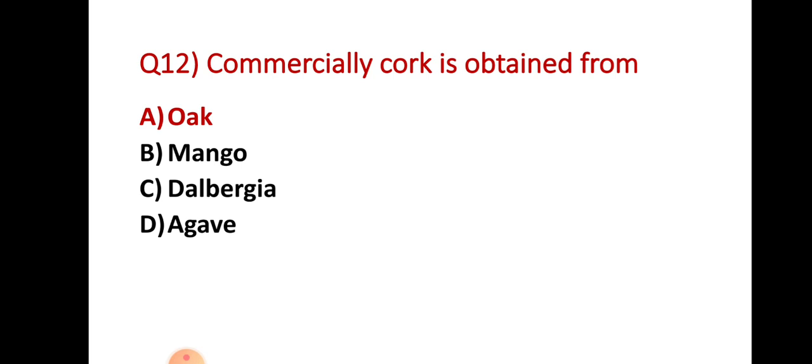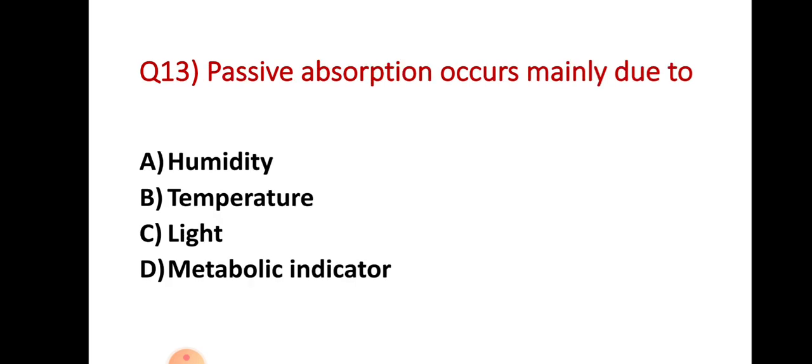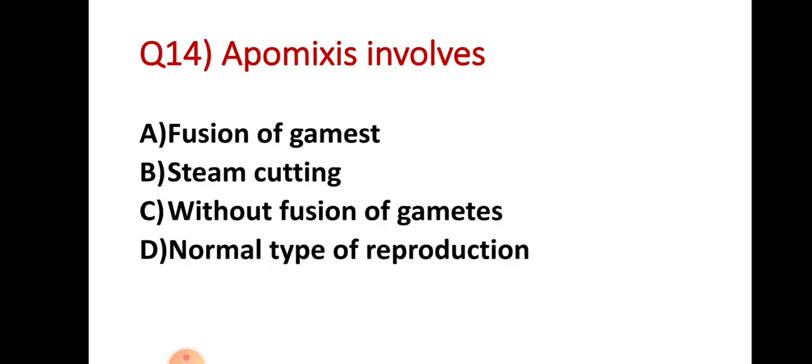Now let's see question number 13. Passive absorption occurs mainly due to. Passive absorption occurs mainly due to temperature. Option choice B is the right answer for question number 13. Now let's see question number 14. Apomixis involves